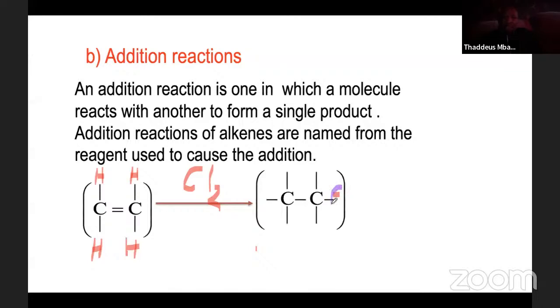So one chlorine atom itakuja ijiattach hapo na ingine ikuje ijiattach hapo. So these ones are added, but these ones they just remain. So whatever happens is during addition, the double bond will break, ikuwe single bond. Alafu ikikuwa single bond, there will be now free ends. Itakuwa na free ends whereby we can add the other atoms. That other atoms will be added by those free ends where the double bond was removed. So first of all, the double bond changes into a single bond. And then the atoms are added to that point.